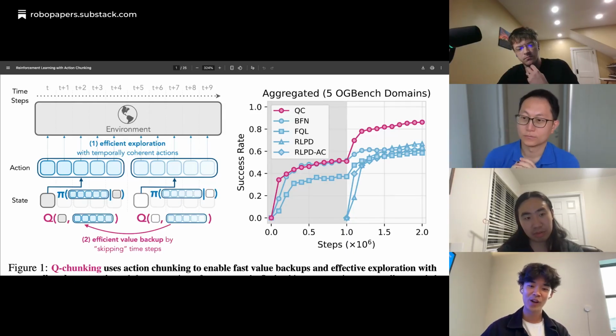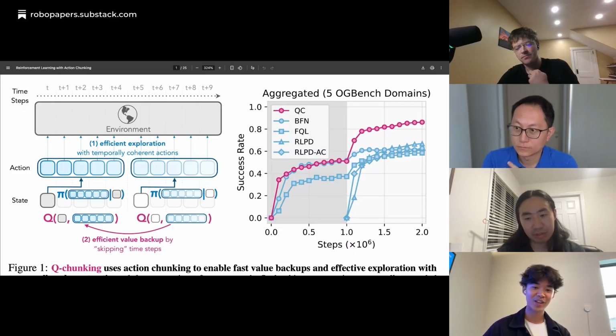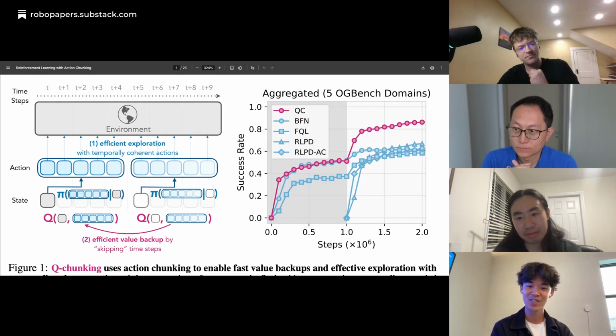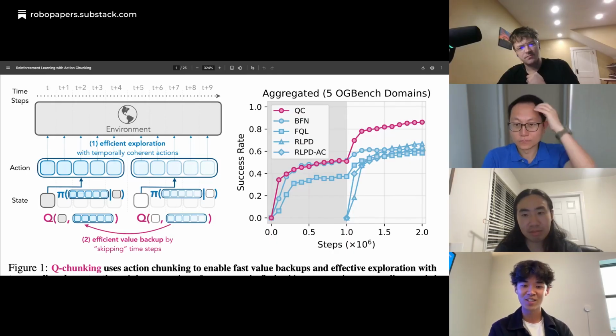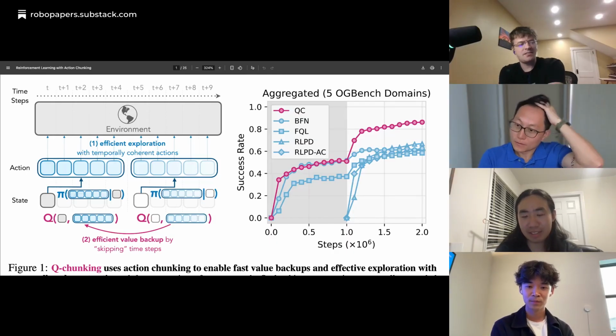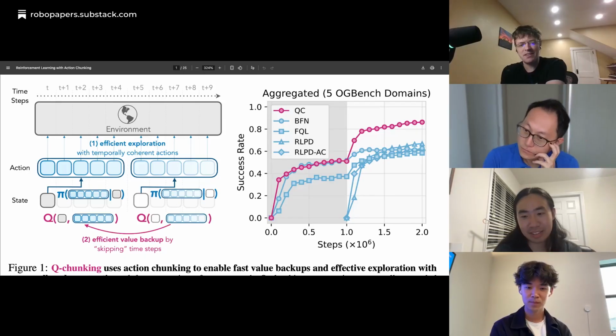And so that's why we're very excited to tell the community about this finding that we have, so that everyone can change a few lines of code and just do everything in action chunking space, which I think makes more sense if you're doing any kind of offline to online experiments for reinforcement learning, or reinforcement learning fine-tuning on robots.